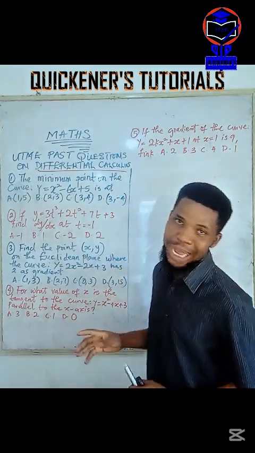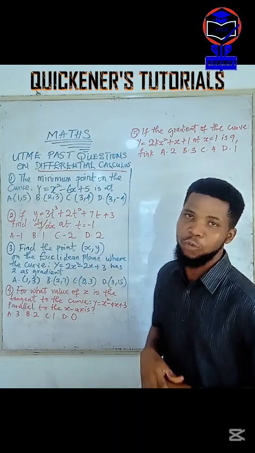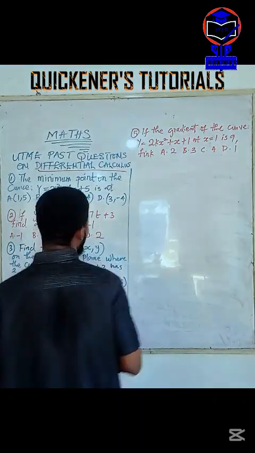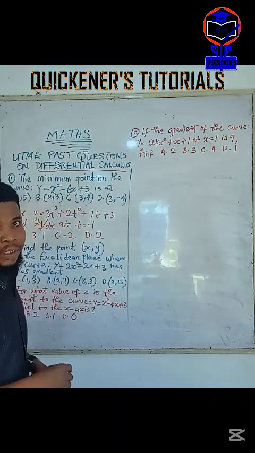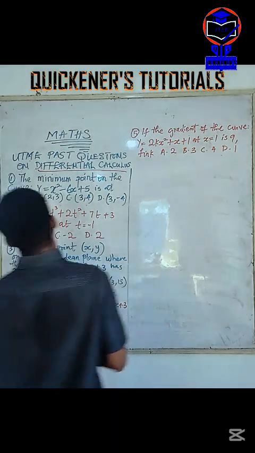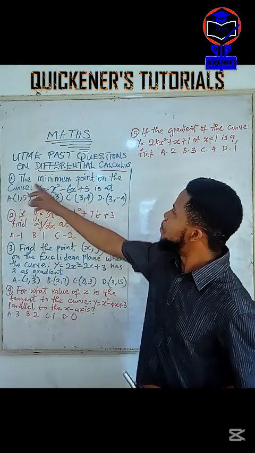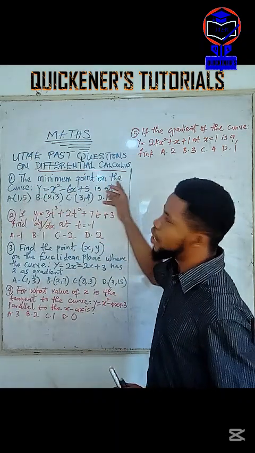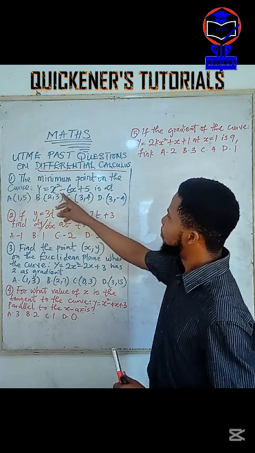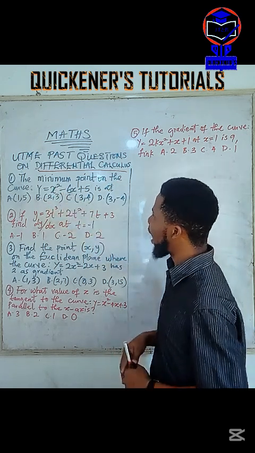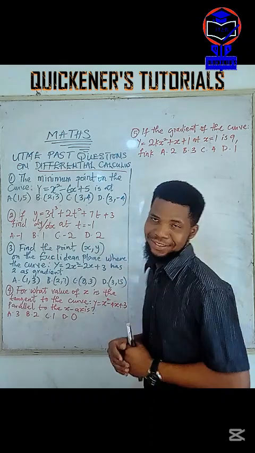I have 5 questions actually. So, I want to solve those 5 questions. So, let me start with the first one without wasting much time. Now, let's look at the first question together. It said, the minimum point on the curve y equal to x squared minus 6x plus 5 is at the